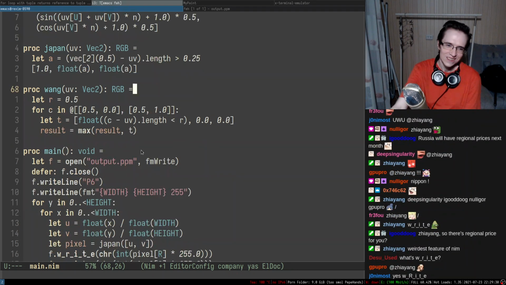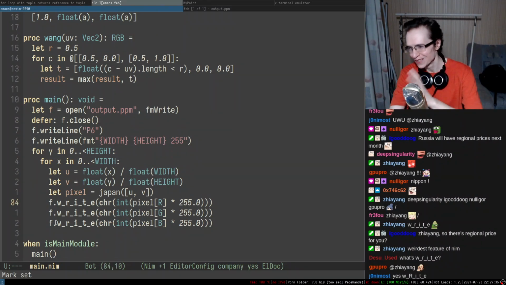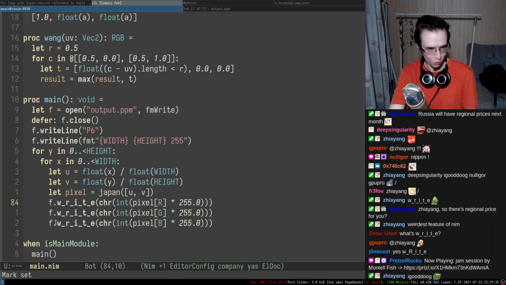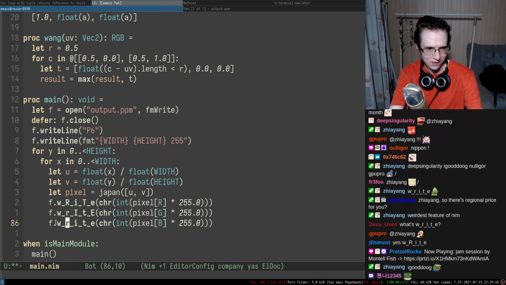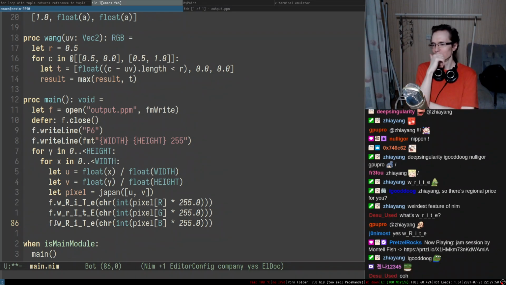So yeah, weirdest features of Nim. I really like to observe how it confuses people in the chat. Like people ask, "What the fuck is right?" So to make it even more confusing. Oh shit! I can't do it like that. So I can probably do it like that and even like that. So let's make it even more confusing.